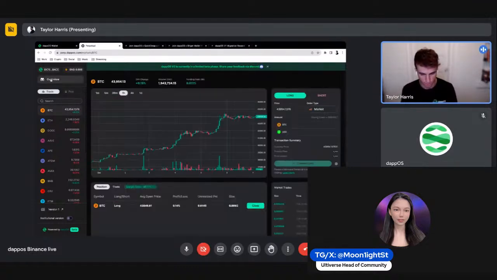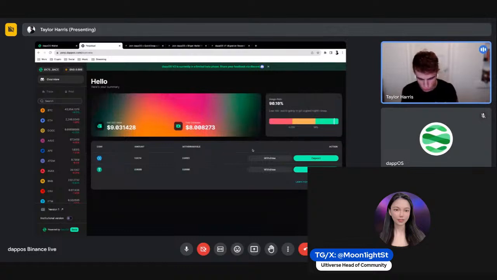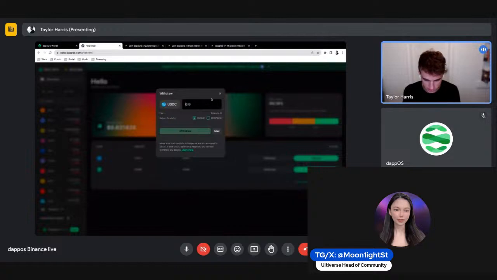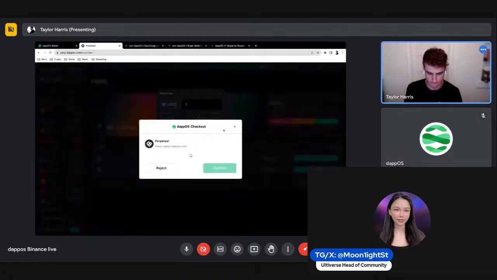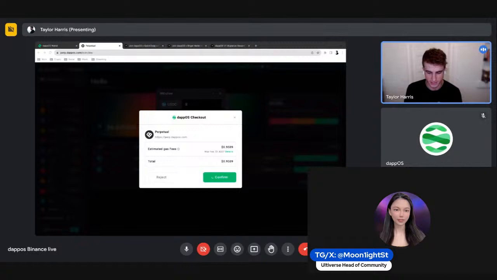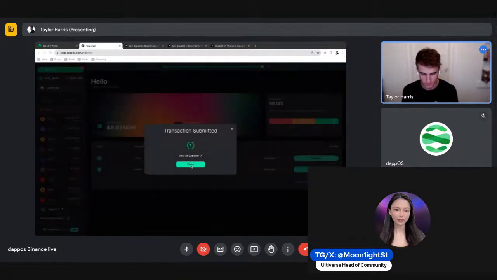We'll go back to overview, and I'm going to withdraw those funds that I just deposited. Let's see. I just put in 8, but I kept 2. So that's going to stay in my perpetual for later when I need it. So I'm going to withdraw 8. Here it's going to show me the estimated gas fees. I'm going to sign. Okay, awesome. If I want to see it again, I'm able to see that on the Explorer.